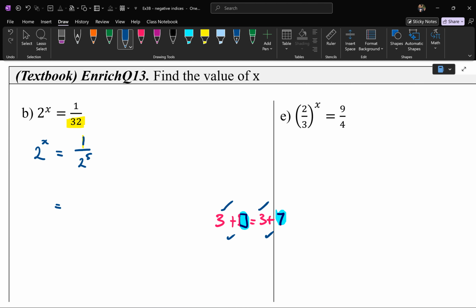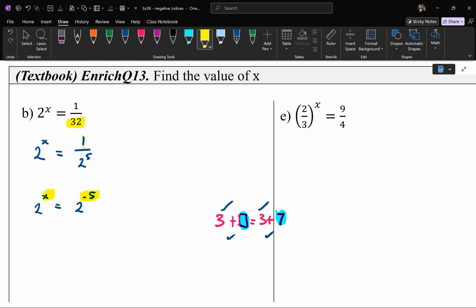Very good. Rule number 7. You can bring this one up to become 2 to the power of negative 5. Rule number 7 is if it's negative, you do the reciprocal and it's positive. So by doing the reciprocal again, it brings it back up. Now the bases are the same. By inference, by observation,